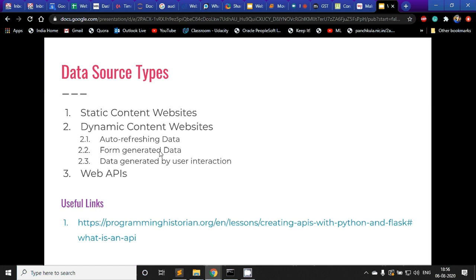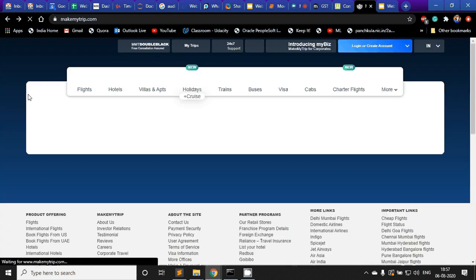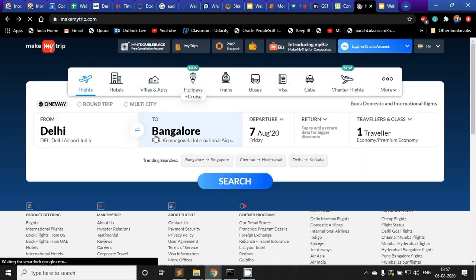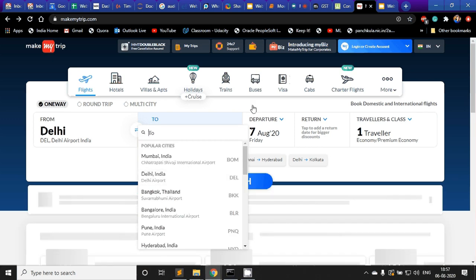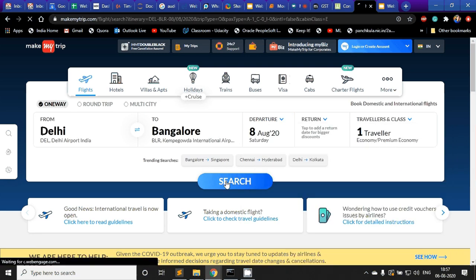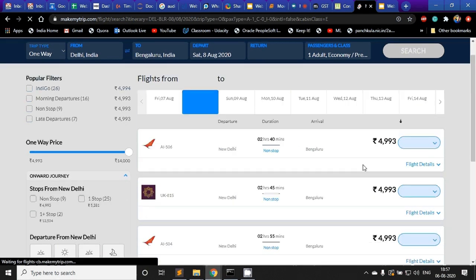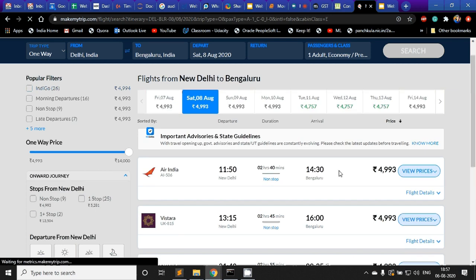These are websites where you have to use a form, like what you are doing here: you are selecting a few inputs, and then when you press search, the data will come. So this is called form generated content. Only when we input some parameters to the form will this data be displayed.